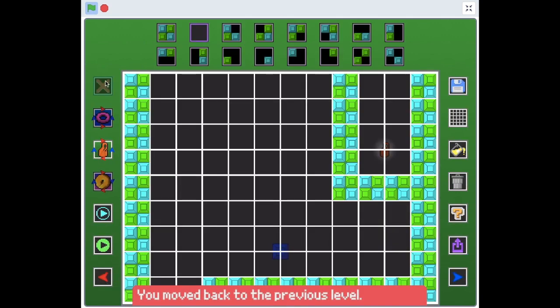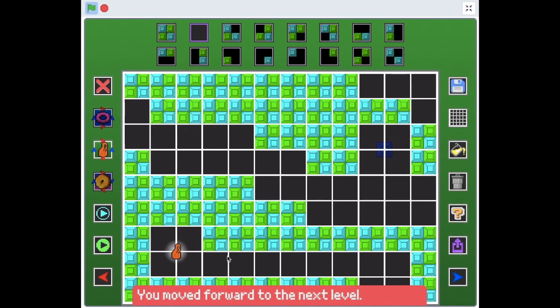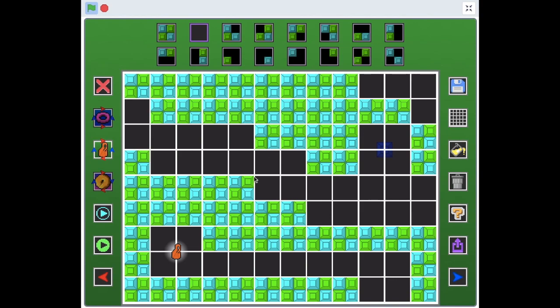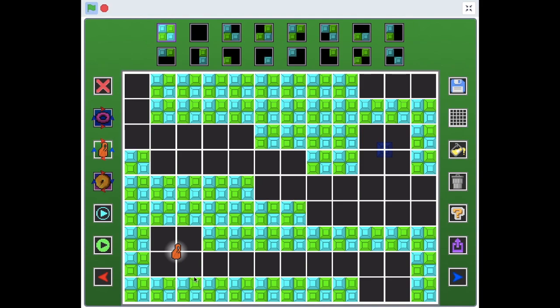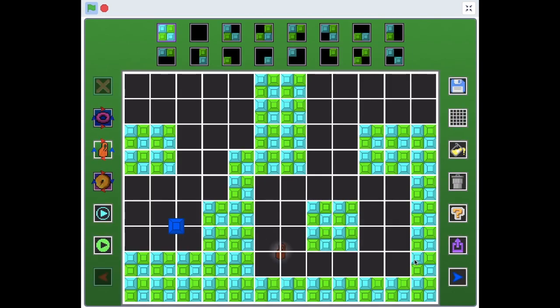And now, once again, you can see that I can't delete level 2. That's because level 3 is the last saved level now. So actually, I want to change something. You can only delete the last saved level. That's how it works. And you can't move the start and goal. You can't move the goal if it's not the last level and you have other levels made. And you can't move the start if it's not the first level and you have other levels made. So